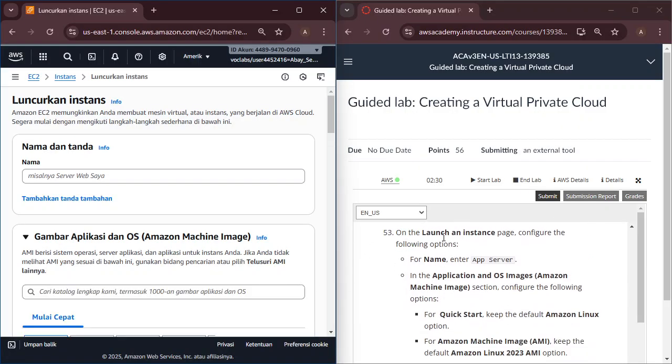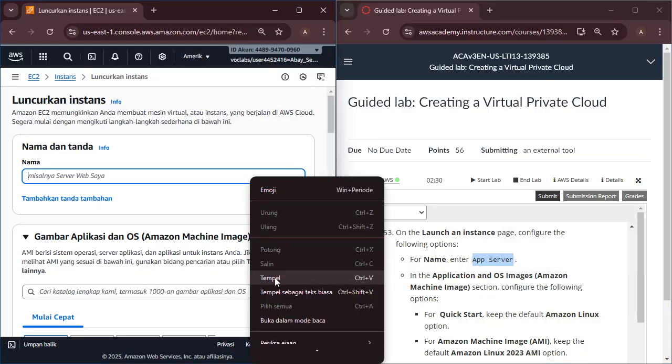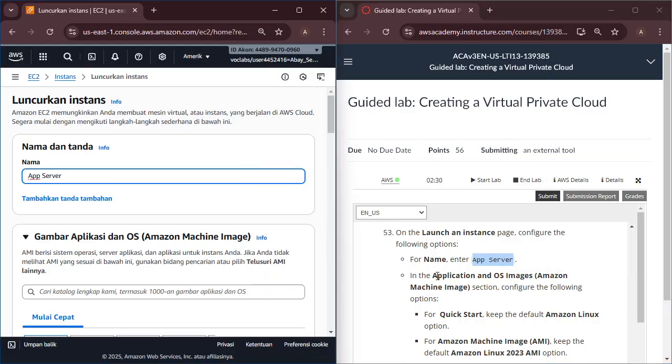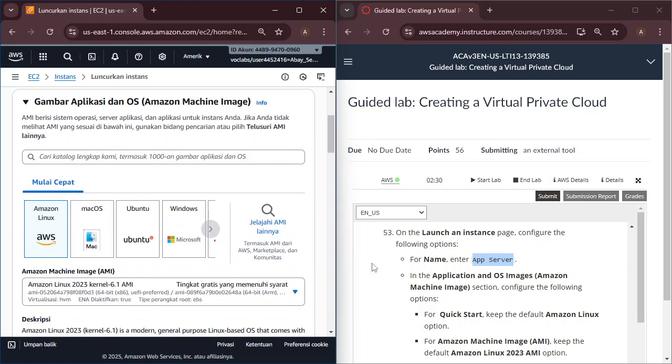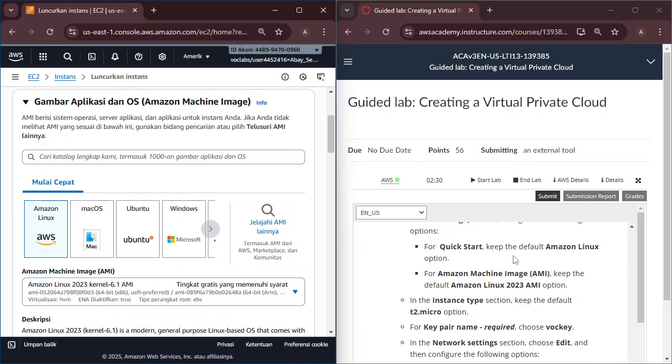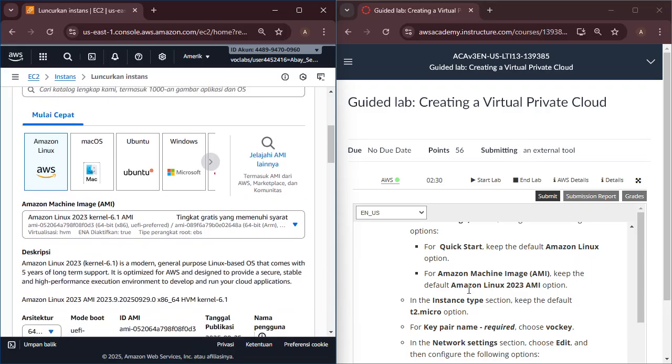On the Launch instance page, please configure the following: web server. Under Application and OS Images, configure the following options. Quick Start, keep default. For Amazon Linux, keep default.